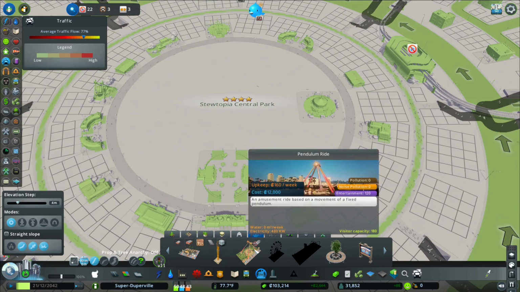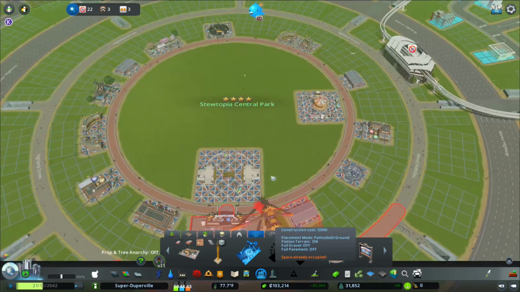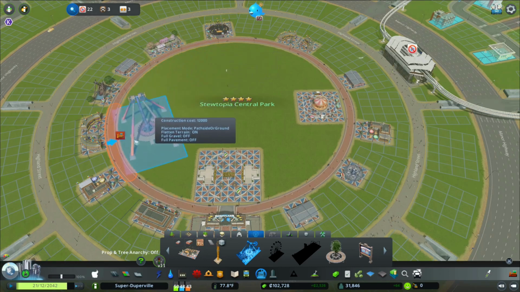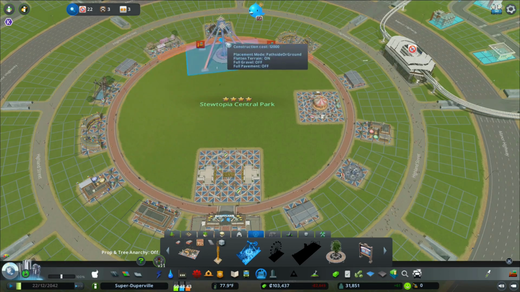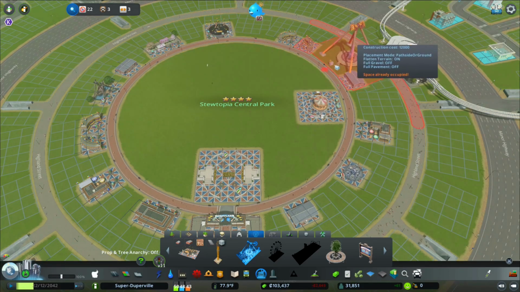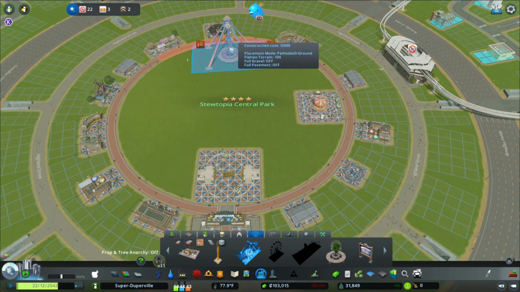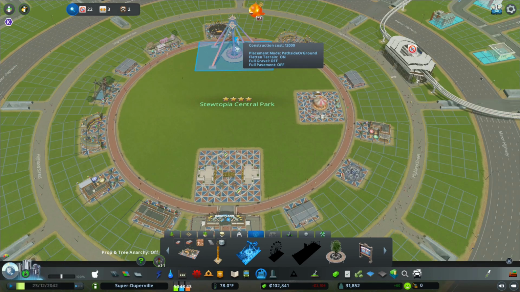Let's cruise on. Oh my goodness, look at this pendulum ride. Let's turn off F. Oh my lord, look at this thing. That's a big sucker. Will it fit on the outside? It will not. No, will not fit on the outside. Has to go on the inside. It's going to destroy roads, but we'll turn on anarchy so that does not happen. We'll put it